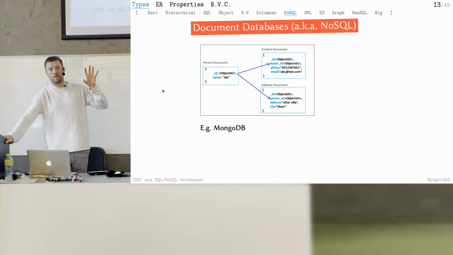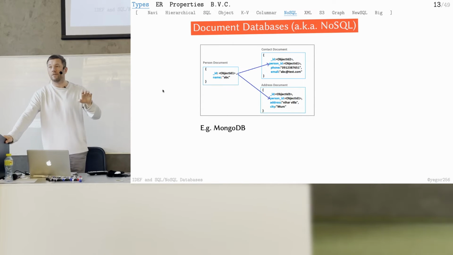For example, we have an item which is a mobile phone, which we sell online, and then somebody posts a comment, like, I don't like this mobile phone. So what do we do? We just find this document in the database and add one more attribute. And this attribute is also a document, which inside contains the author of the comment, the text of the comment, when it was added, and so on and so forth.